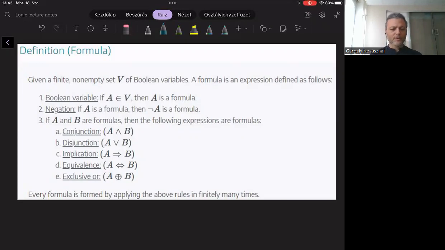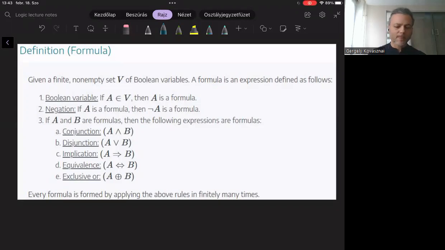So in a similar fashion, we precisely define what a formula looks like. And here it is. You can see the definition. How does it start? It first introduces a non-empty set V of Boolean variables. Just remember what you did when formalizing English statements in logic. You, in advance, introduced your Boolean variables, actually a set of your Boolean variables. And you, of course, needed at least one Boolean variable. So this set is not empty for sure.